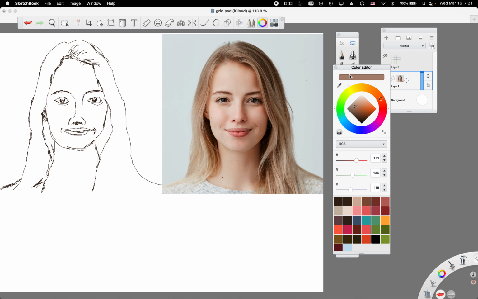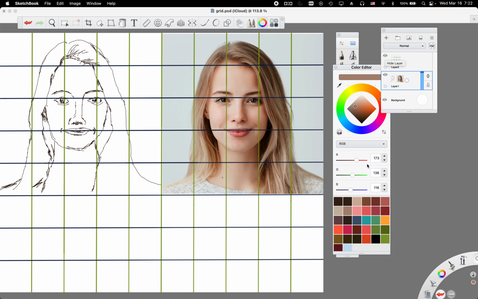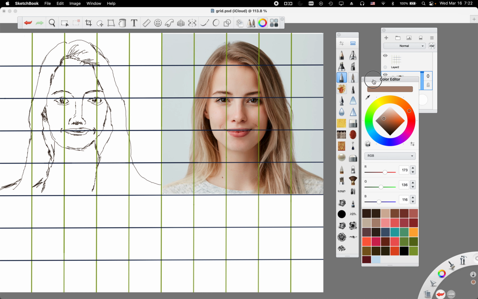Okay, so I started with the eyes, then the dark shade of her hair, the lighter part of her skin, the darker part of her skin, the darker part of the lips, the lighter part of the lips, the lightest part of the hair, and then the middle shade of the hair. Okay, so I chose all these colors already, and your next step, really speaking, is to kind of shade the colors